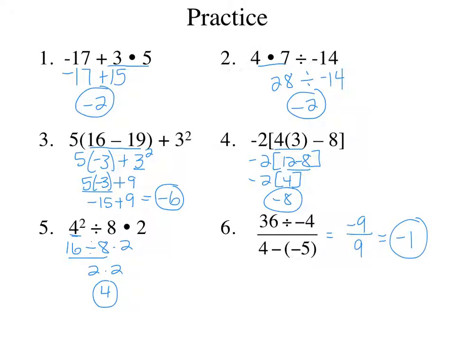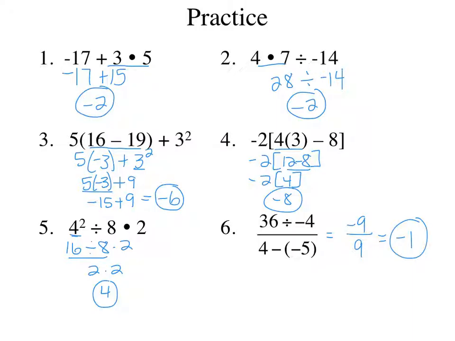Okay, number 1 should have been -2. It was multiply to get 15 and then add to get -2. Number 2, you were multiplying to get 28 and then dividing to get -2. Number 3, your parentheses give you -3 times 5, which is -15, and then plus your 3 squared, or 9,